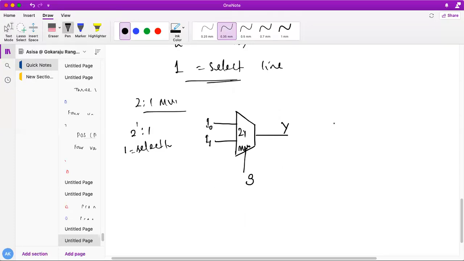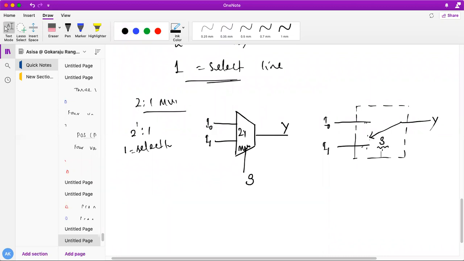Here you see how it actually works. There are two inputs over here, I0 and I1. The select line will be present like this, and it will go to my output y. This select line will choose whether I move to I0 or I move to I1. So this will be inside the multiplexer circuit. You have to design such a circuit, which gets diverted to I0 or I1 depending upon the criteria given to the select line.